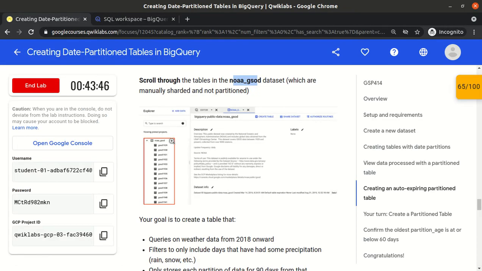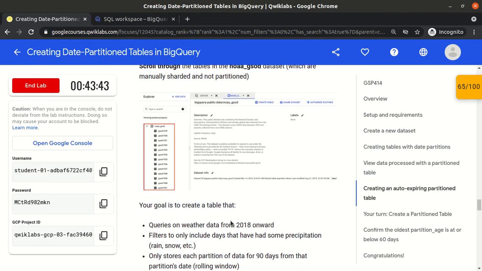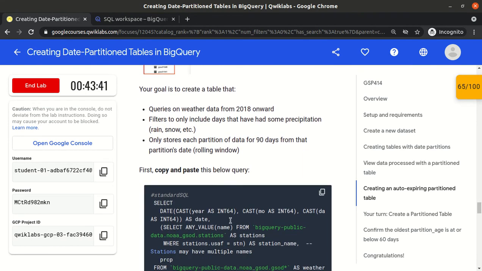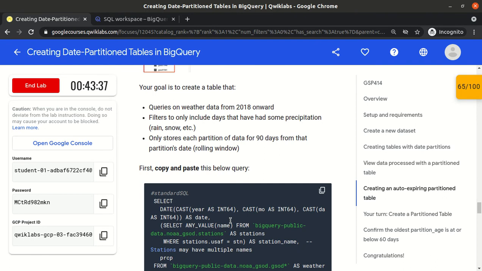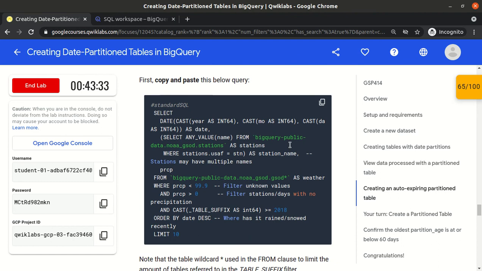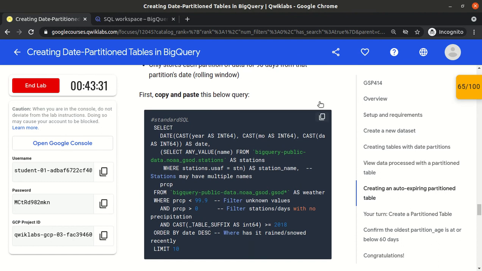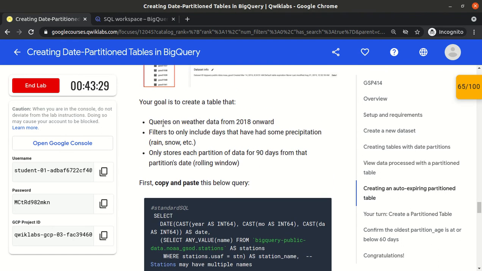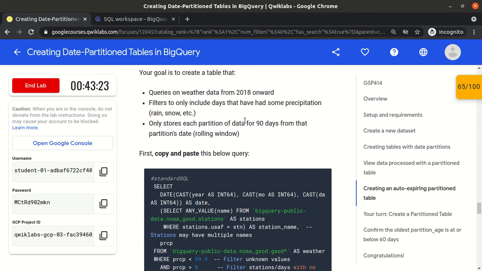Okay, now what is the requirement of the project? Your goal is to create a table from which we will query the data from 2018 onwards.